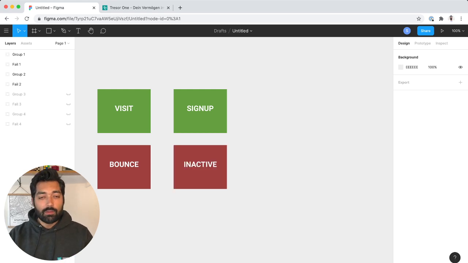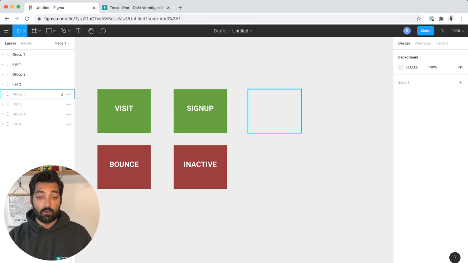And if they don't like it, they will simply log out and never log in again, or they will even delete their account. So I mark this here as inactive, having an inactive account, because it's much more common. But of course, lots of people also just delete their account. So this is when, after sign up, the product fails to keep the user.